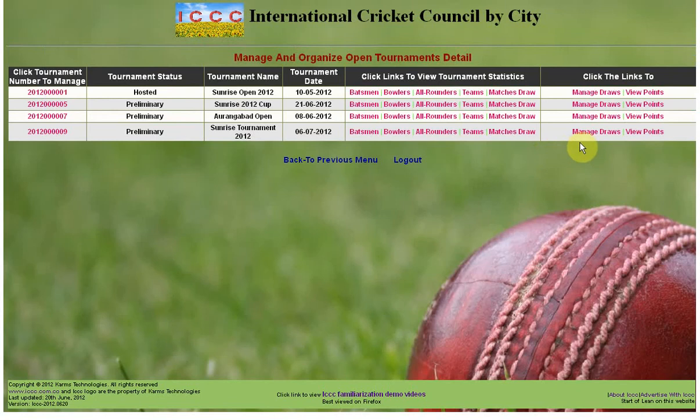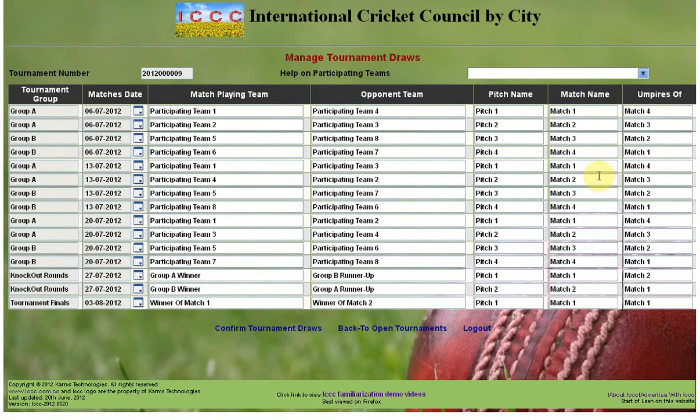So go back here; what you have seen in the graphical view is also maintained here. If the teams want to change, rather than pitch 1 they want, say, Sunrise, the organizing committee has to make sure that wherever pitch 1 is there, they replace it, here or here. But the rest of the information will be automatically replaced once the participating teams start applying. So I'll undo this.